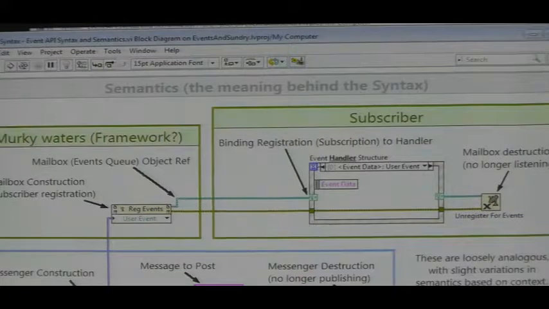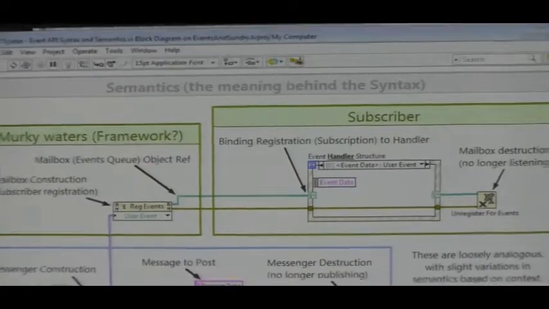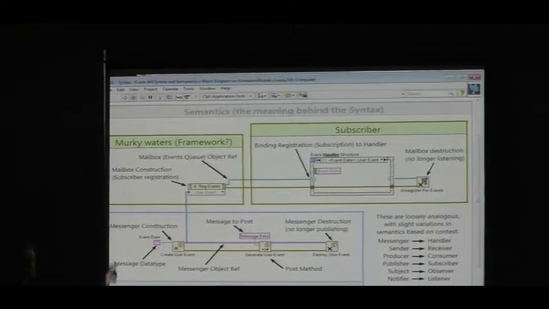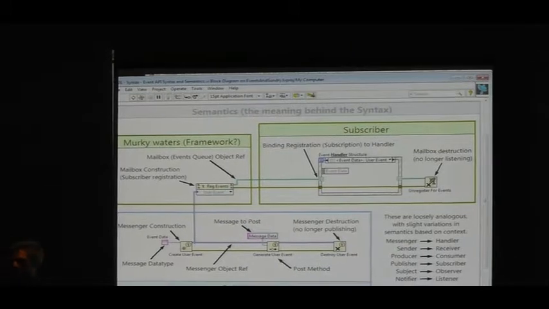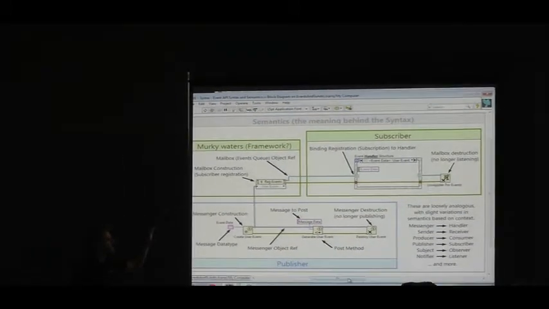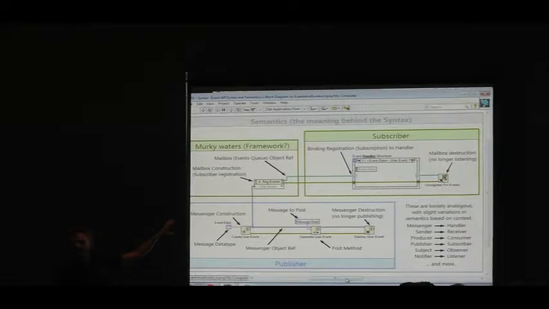One thing that I call murky waters is where exactly we bind the publisher to the subscriber, because that has to happen somewhere in your framework. Does it happen on the calling VI? Does it happen on the caller VI? Lots of different frameworks do it lots of different ways. So rather than putting it in either of these two clearly delineated boxes, we just call it murky waters and put a framework question mark on it. Because some frameworks do abstract this from you in a method,